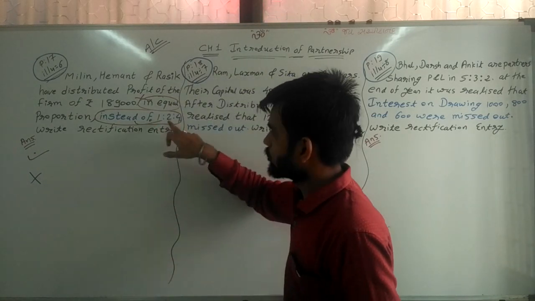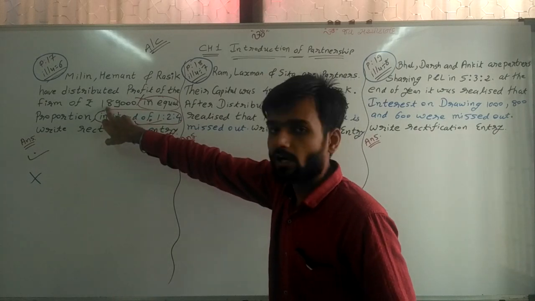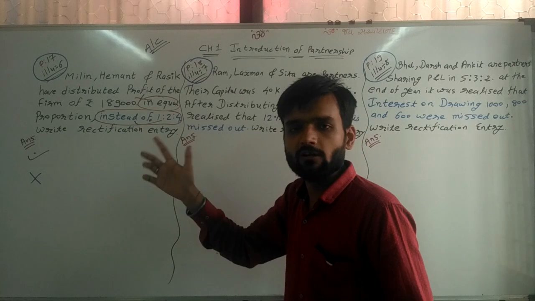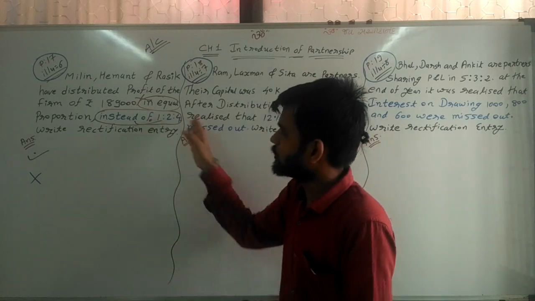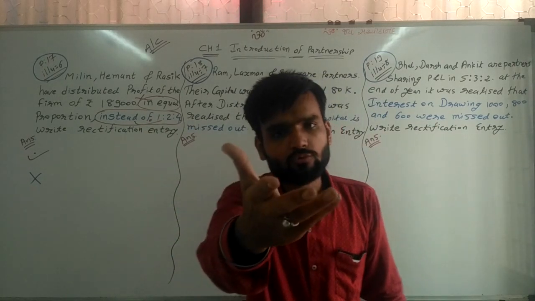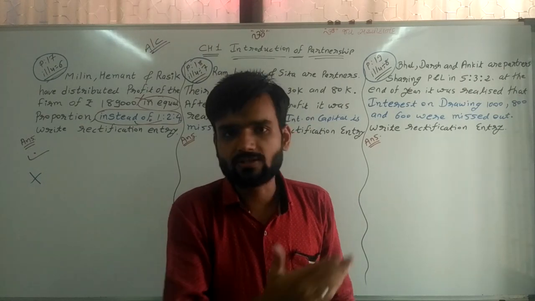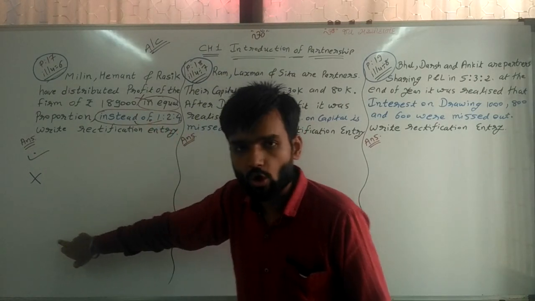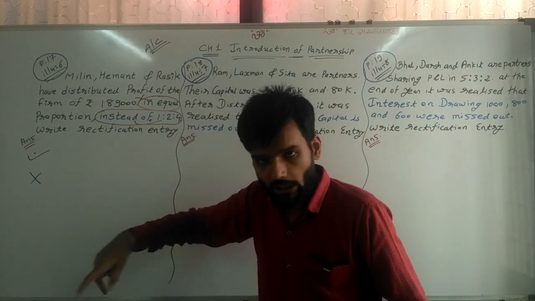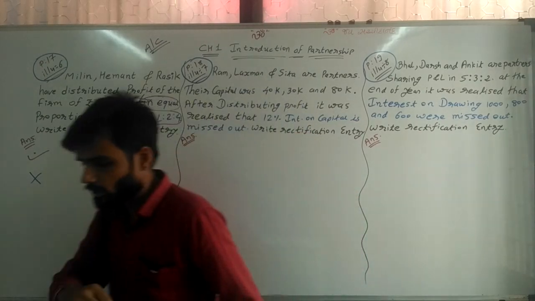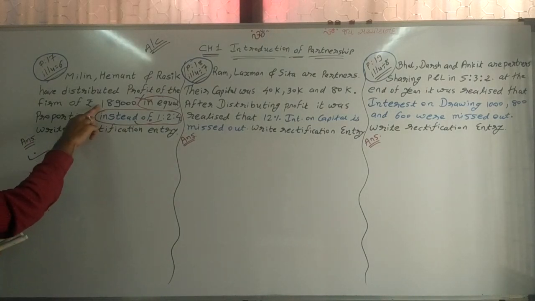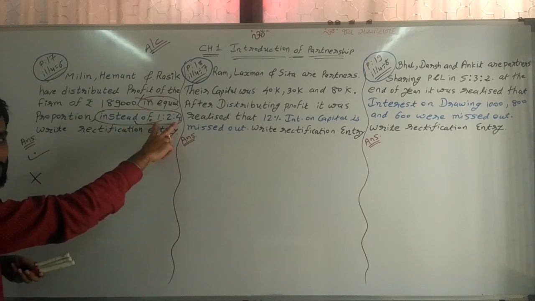Now the correct ratio is 1 to 4. So this 1,89,000 we first distribute in the ratio of 1, 2 and 4. How can we distribute in 1 to 4? All of you know, in last lectures we have already learned how to distribute profit. I am also giving you the calculation here. Now see the calculation and try to understand the whole thing.